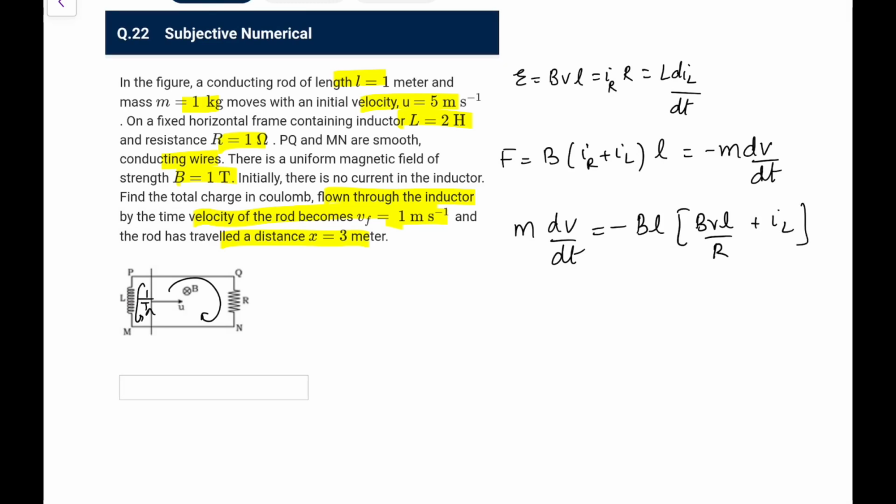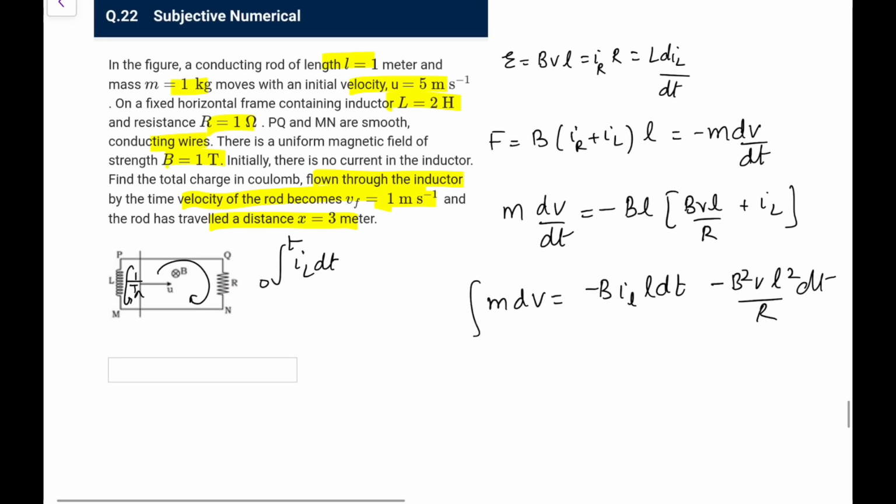Now we have to find the charge, which would be the integration of IL dt from 0 to t, whatever time we get. So if I write it as M dV equals minus BL IL dt minus B square V L square by R into dt, that is what we are getting here. If I do the integration on both sides like this,